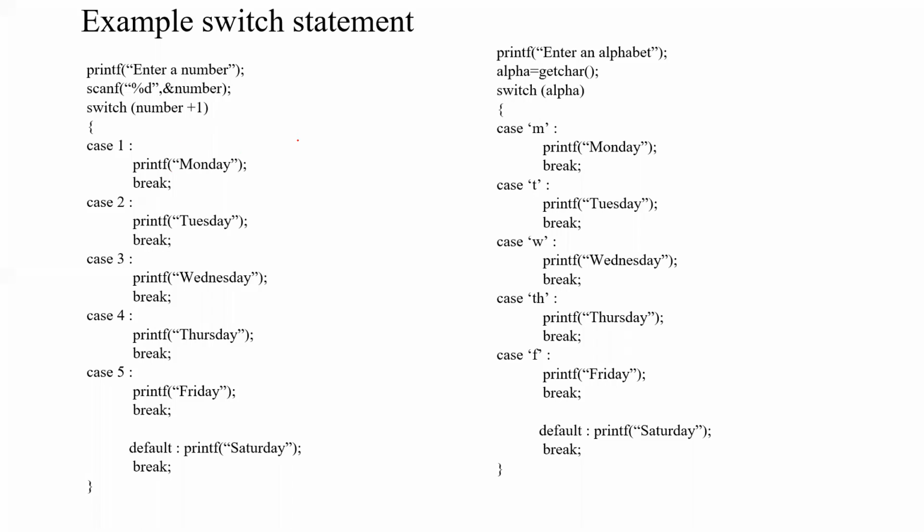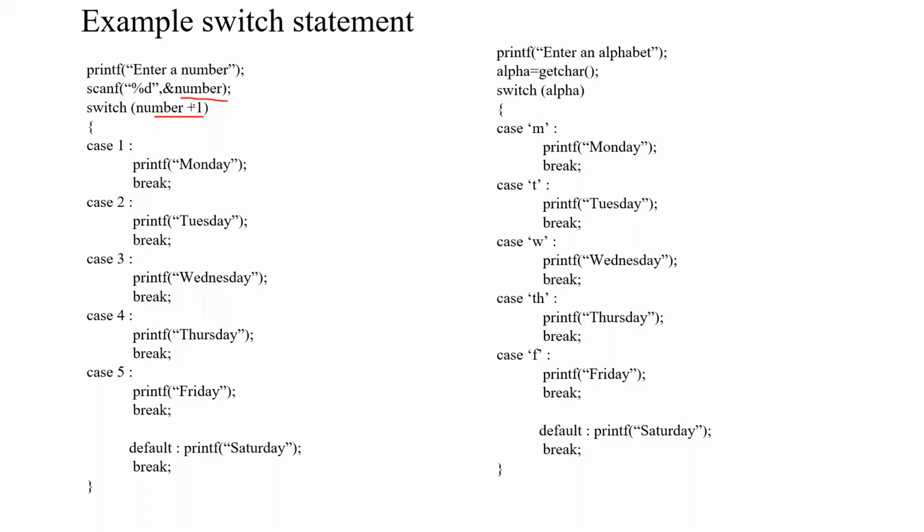And for this example, I have not given the full program, but here I have given only part of the program. We are asking the user to enter a number. We are accepting it in a variable called number. Number is a variable name. You can give n also, no problem. If I am giving number plus 1, it becomes an expression, right? So in order to show you can give an expression, I gave it over there.